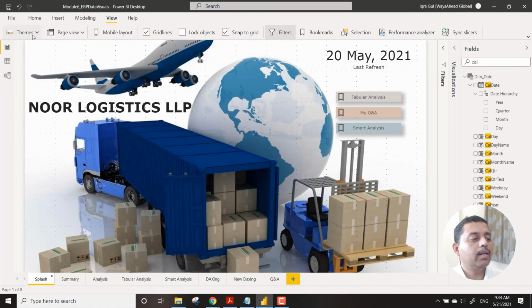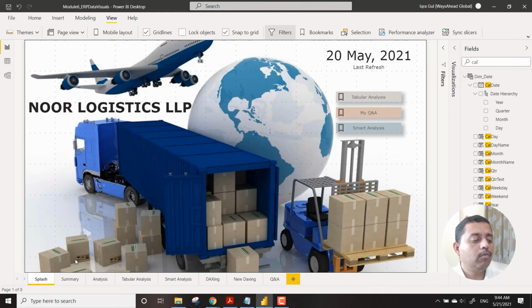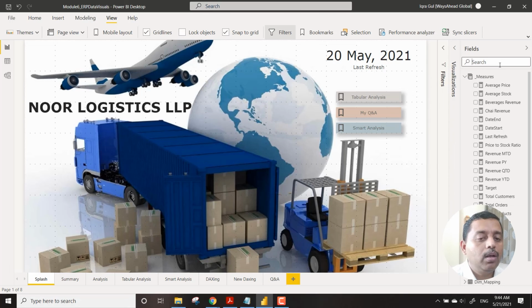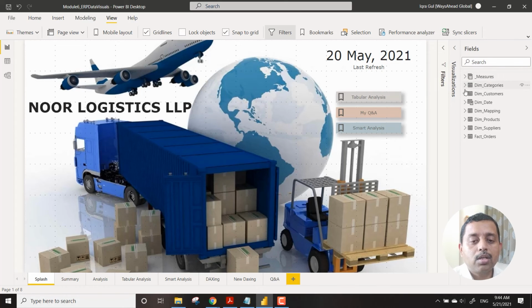We have different themes, and you can try and check which theme works for you. But this is a great example to develop a report with the visuals before we move on to the cloud section of it.